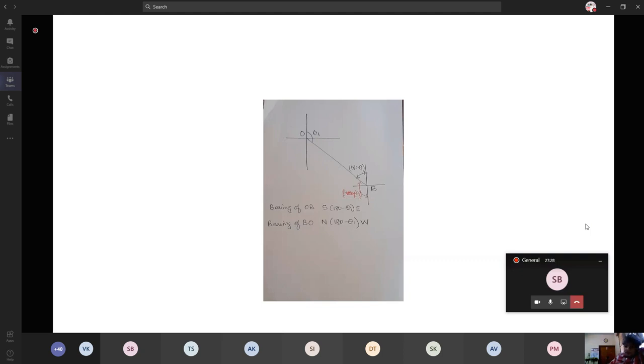Is it okay, sir? Yes, sir. And then in the reduced bearing system, it will be the other way about. Suppose I say the line OB is theta 1, in the south and the east. Actually, some error is there. I'm not convinced of this. Some error is there.